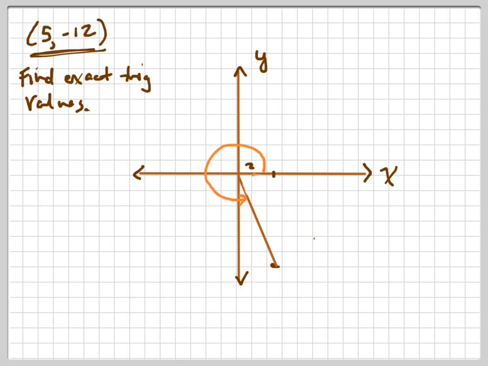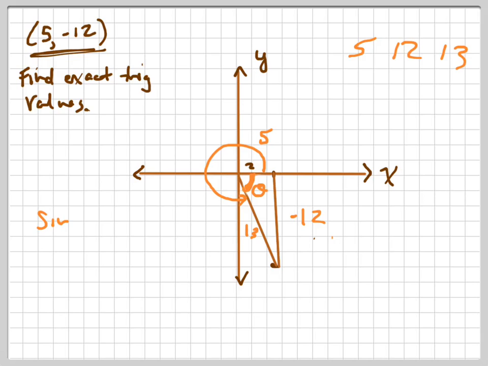But what I'm going to do now is I'm going to draw in my triangle right here. So this value right here is negative 12, and this value right here is 5 in the triangle. And so it's a 5, 12, 13 triangle, if you remember those special triples, Pythagorean triples they call them, right? So this is 13. So now we can find, for that angle right there, all of the